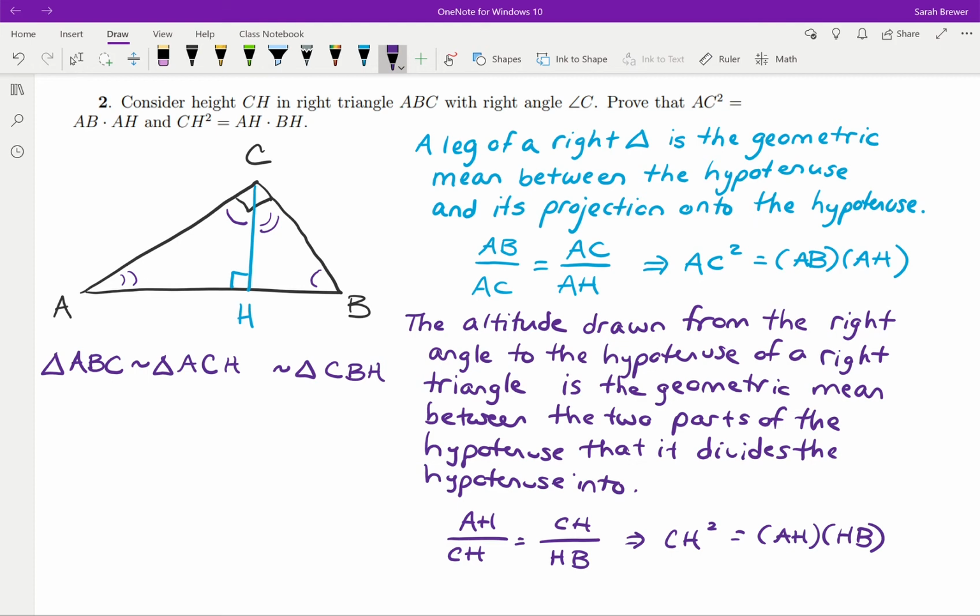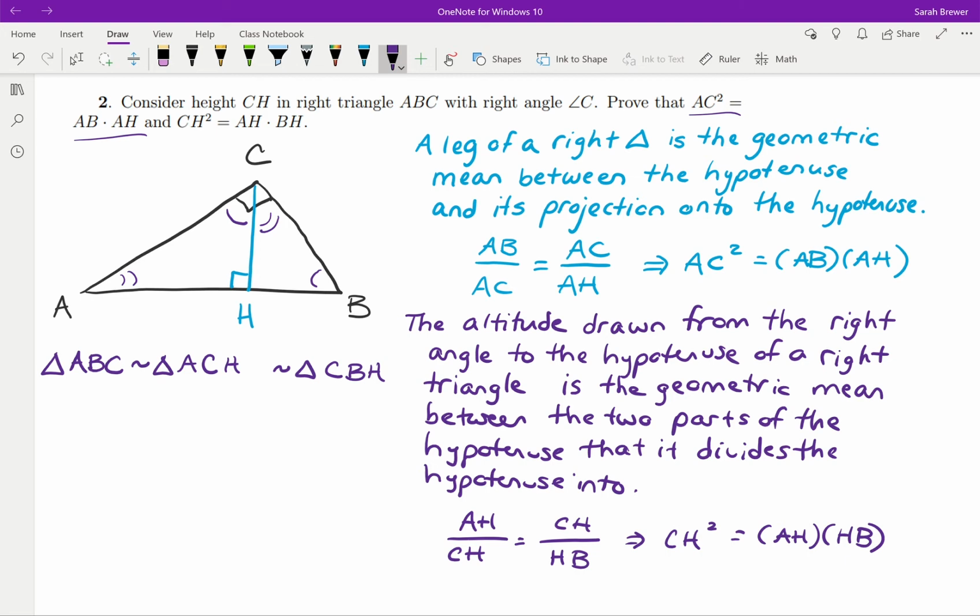And so now we can set up ratios of corresponding sides. So for example, the AC squared equals AB times AH. AC is your hypotenuse, right? So the hypotenuse of triangle ACH,